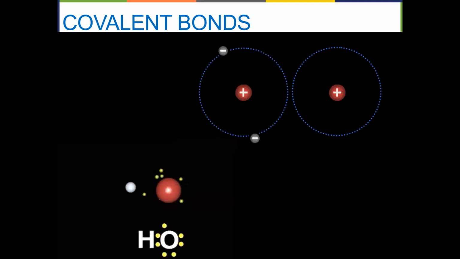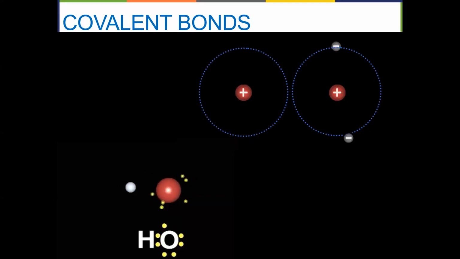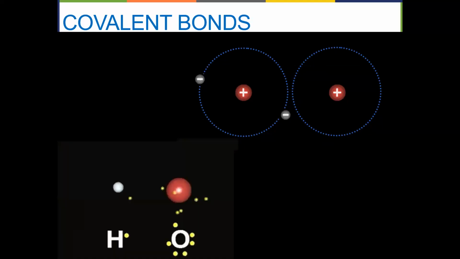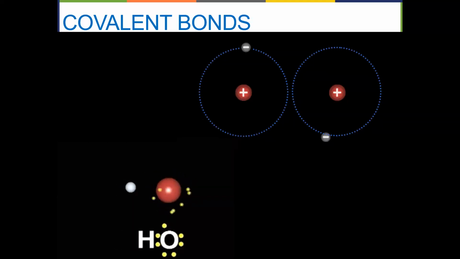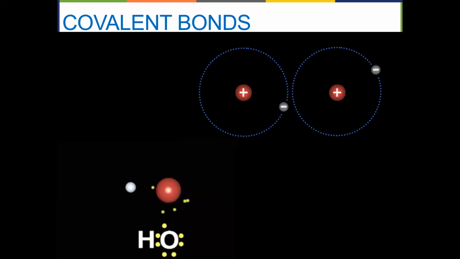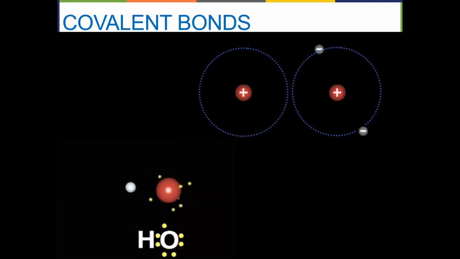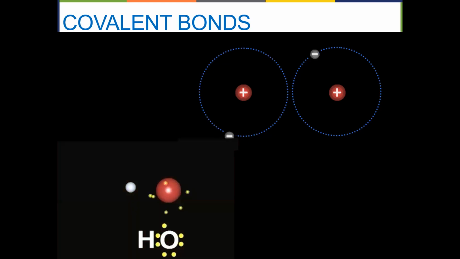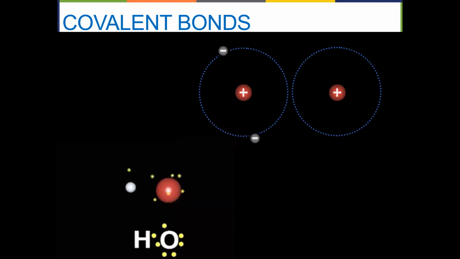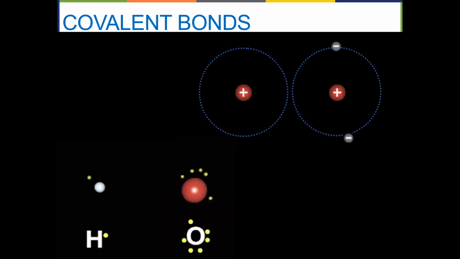2 electrons on the left, 2 electrons on the right, 2 electrons on the left, 2 electrons on the right. We're moving so rapidly with those electrons that we can't distinguish. I mean, we can in the animation, but they're moving so fast that we can't distinguish where the electrons are not, as opposed to even where they are. So the atoms are stable because, at least for part of the time, their shells are filled up. And part of the time happens a lot because they're moving so quickly.